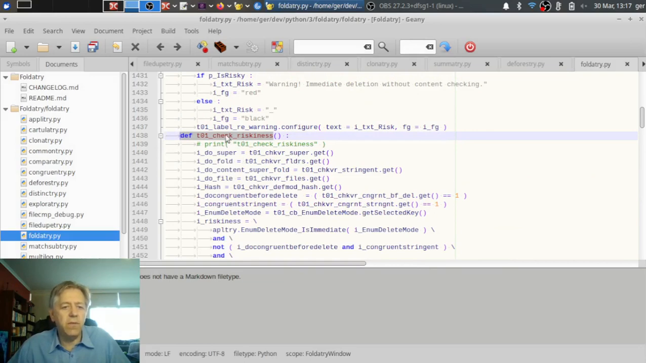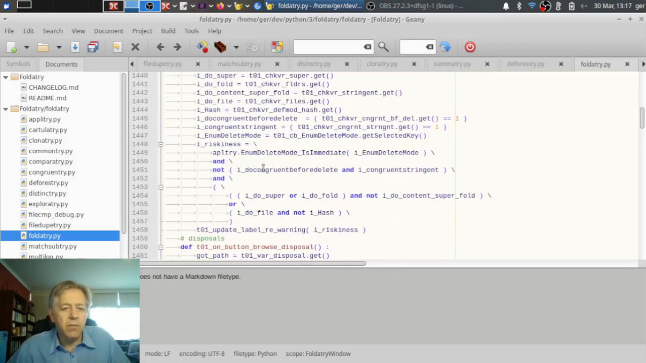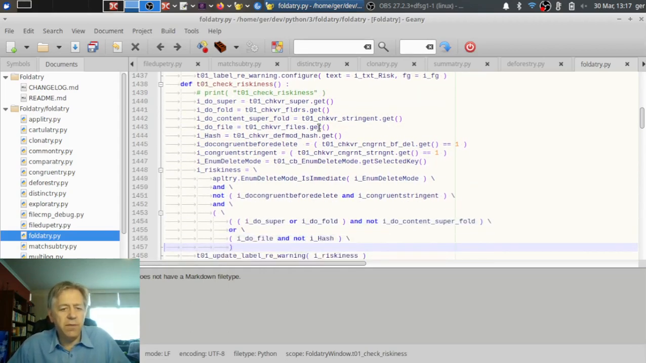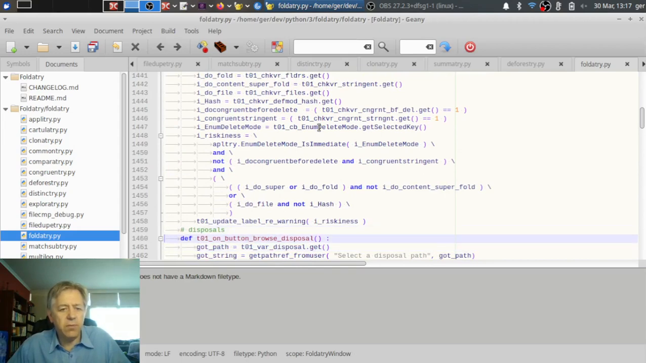Here's the definition of what to do about checking the riskiness, which is about what sets that red label or not. So there's nothing wrong with that. That's fine. We would like to do something else and then call that. So what I'm going to do is copy that block there, which is the definition of this function, come down to after that function and before the next one,